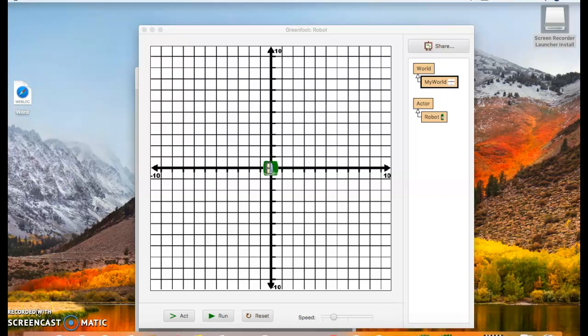Okay, so I'm trying to get some opinions on this, and I'm doing this in Greenfoot, but I think a really powerful tool at the middle school level would be to explore the coordinate plane and commands, like a robot. And my idea would be, and I think this would be a great example of computational thinking, where